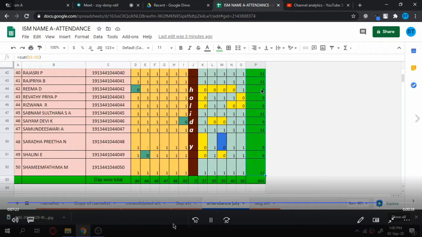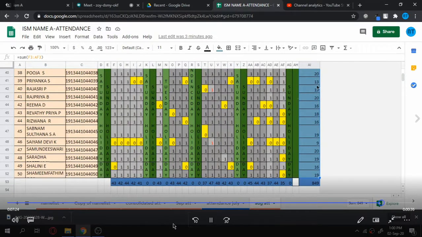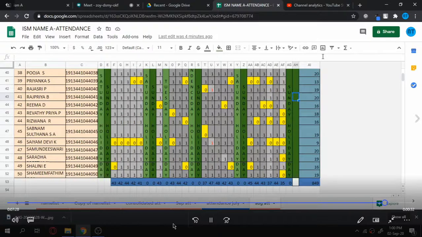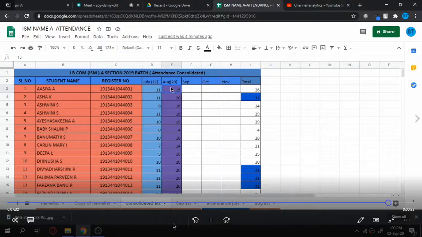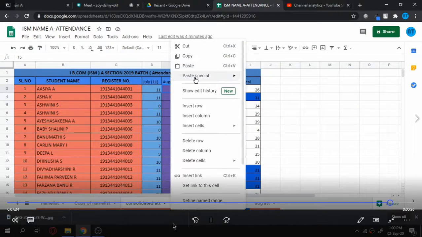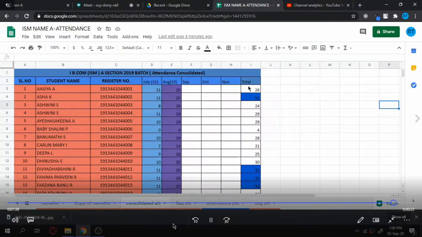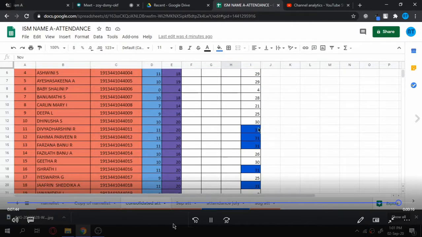the attendance for July and post it to the consolidated attendance. So we have to paste, you can just paste values, that is enough. So go to consolidated, and then click on this, and then paste special, paste only the values, that's it. So now I have just taken the July and the August attendance into the consolidation,